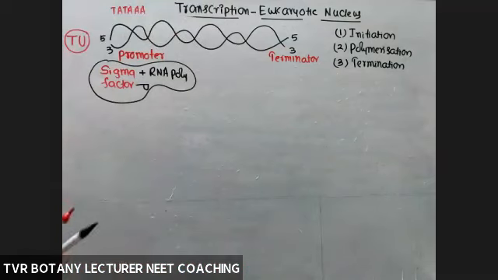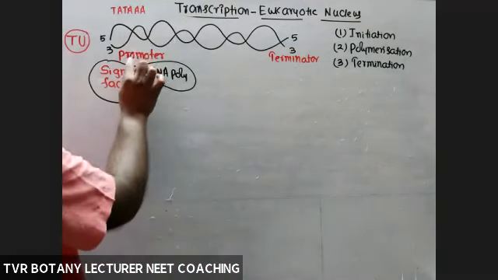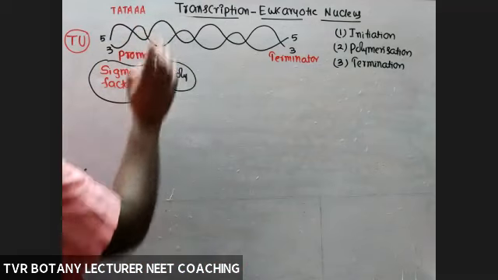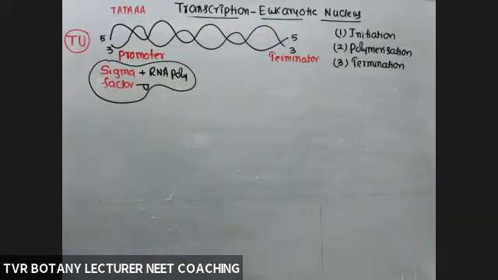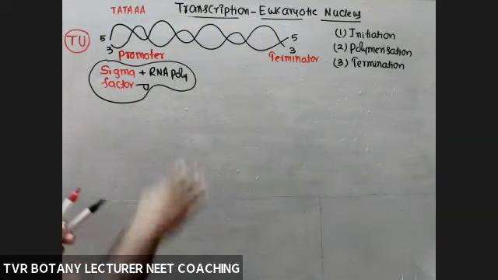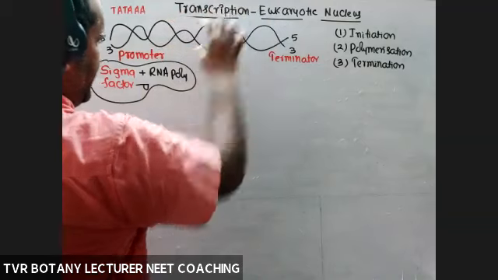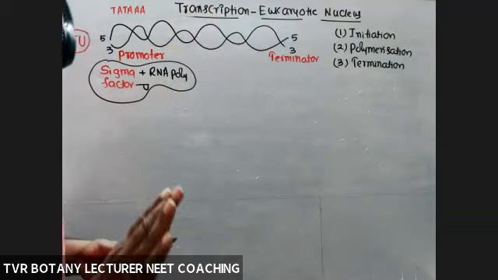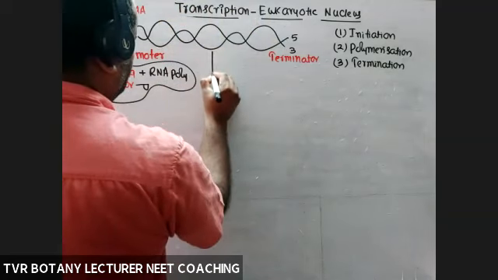We will see later. So binding completed, opening of two strands in the promoter completed. Now RNA polymerase is able to open both the DNA strands. So RNA polymerase by itself, without any help from any type of protein, is able to open both the DNA strands. So opening of the helix here is by RNA polymerase by itself only. So opening completed.